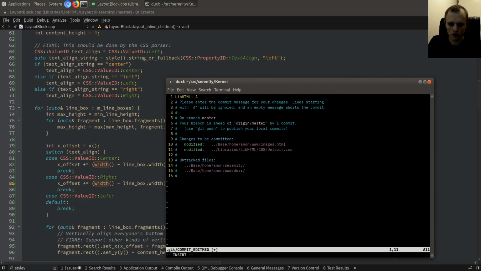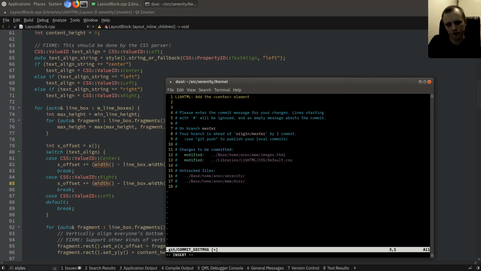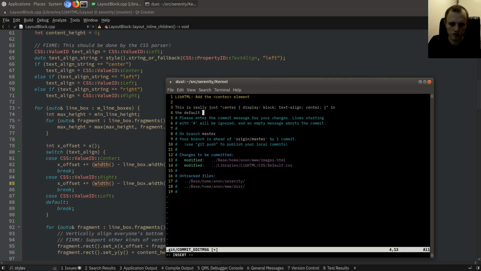So add the center element. This is really just center text align. The default style sheet, but it totally works. There's probably some nuance to how it works. That's not exactly how the center element works everywhere else, but the basic concept is there, right? So